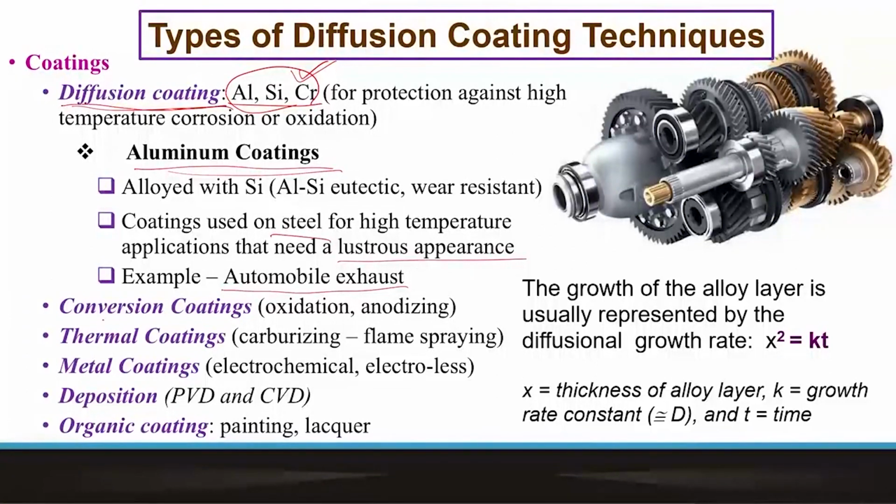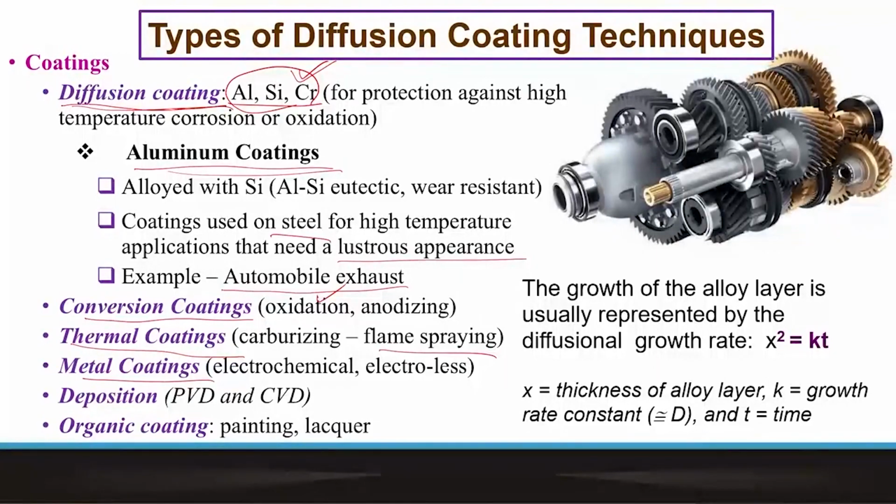Now, apart from diffusion coating, one could also go for conversion coating, which essentially is a reaction layer produced by certain reactions with certain elements or certain salts that are applied on the surface, again for oxidation protection primarily. One can go for thermal coatings or thermal barrier coatings by, say, flame spraying, or metal coatings using electrochemical or